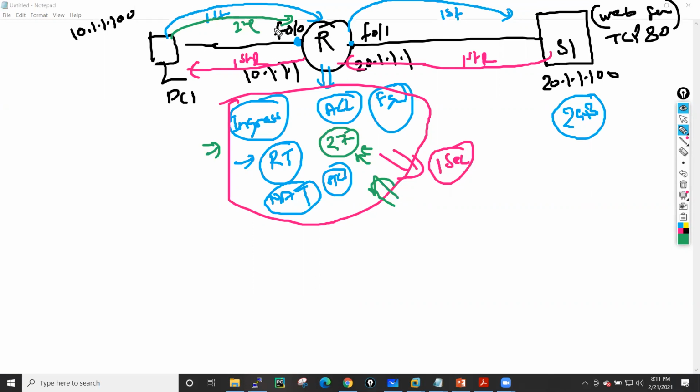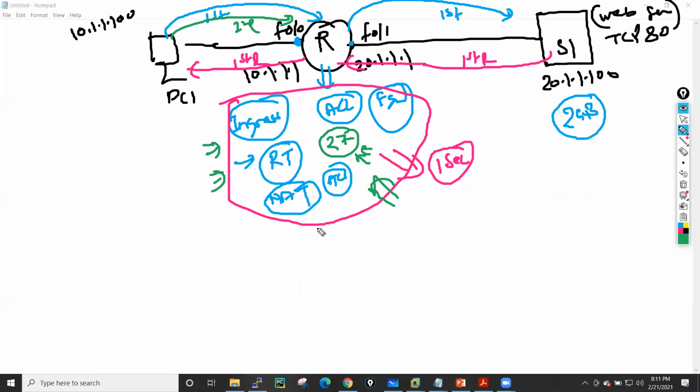It is not creating any kind of session table on the router. It will just process each packet in a fast way, so whenever the router receives a packet, it sends that packet through all these checks.